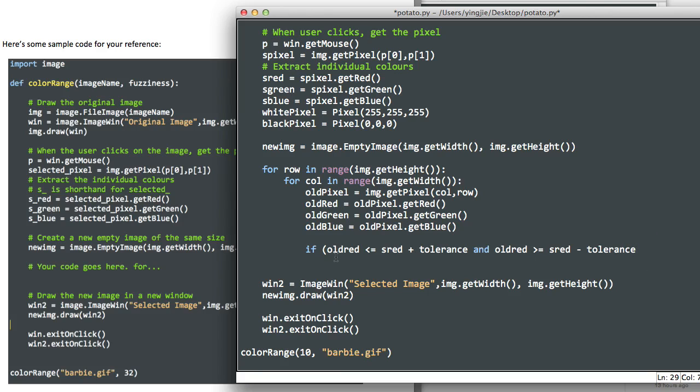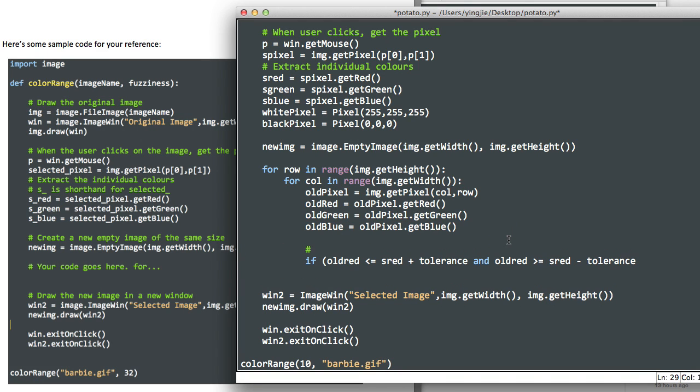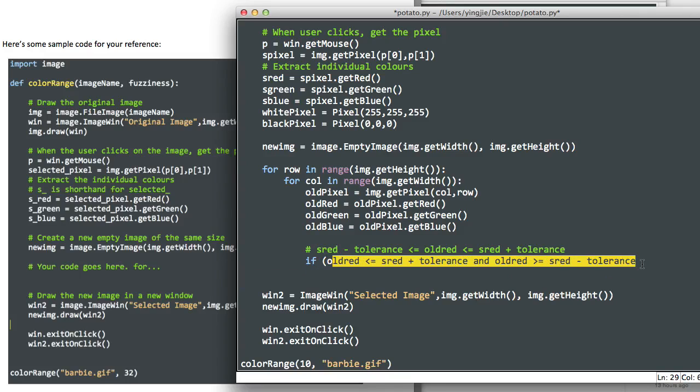This says that if the old red is within the range, so essentially what we're saying is, is old red between S red minus tolerance and S red plus tolerance. Okay, so this is what this if statement translates to. Is it within this range? And I want to do the same for